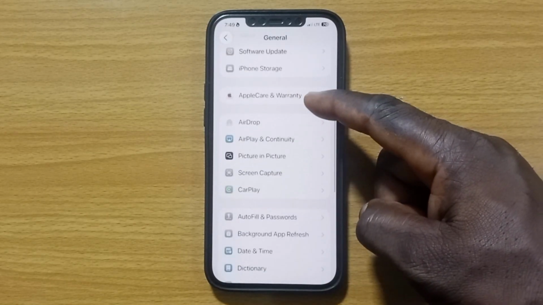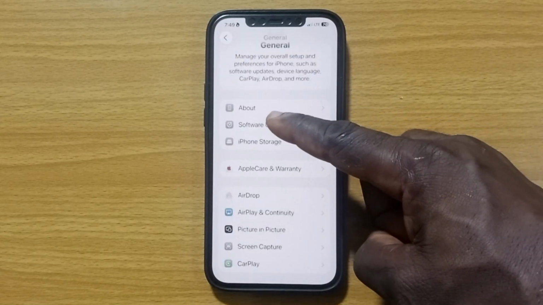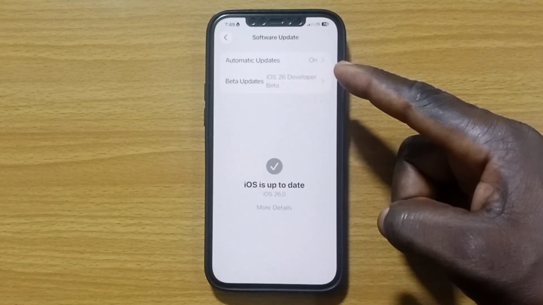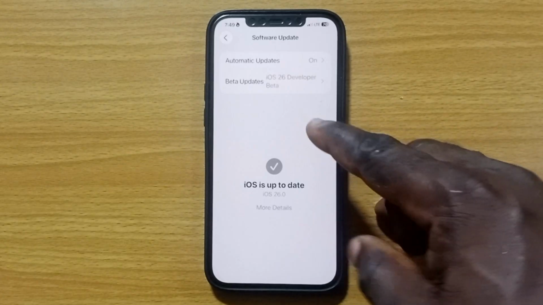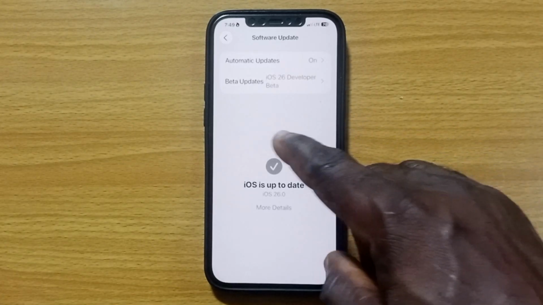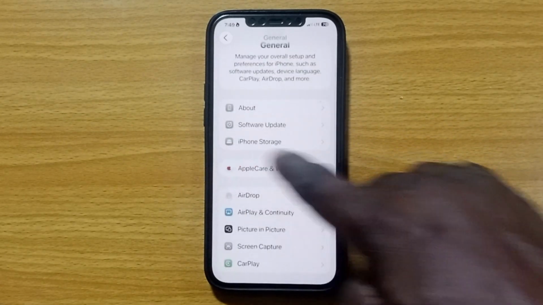Then, under General, tap on Software Update. This is to be sure that you have the latest version of iOS on your device. Now, once your device has been updated to the latest version, iOS 26, go back again until you access